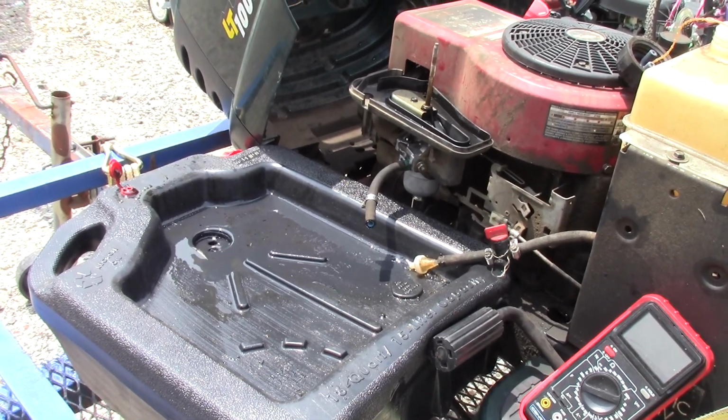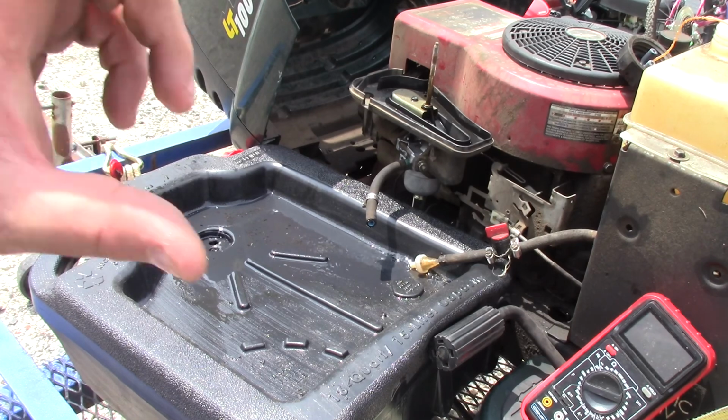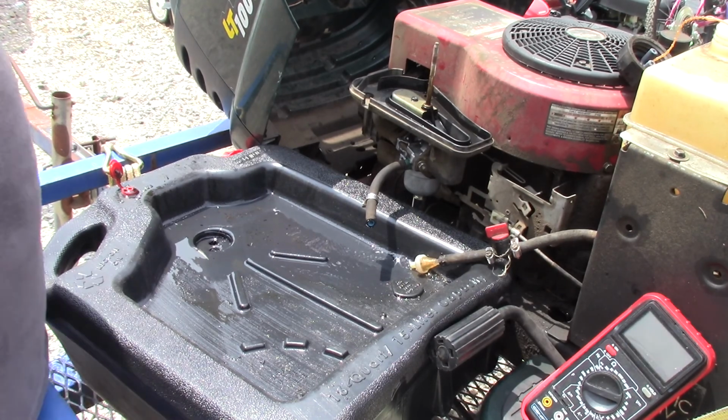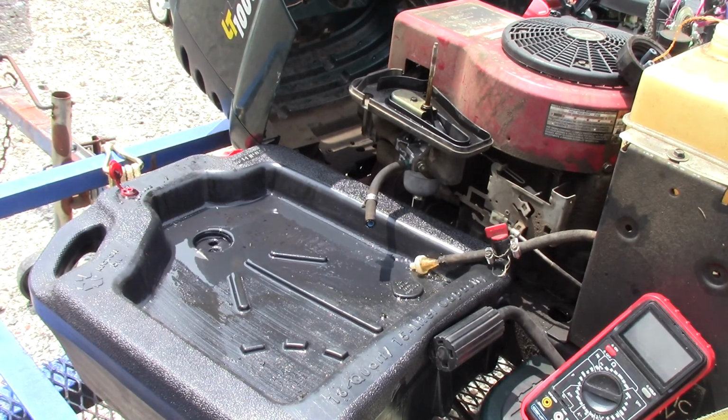Sadly, I have to admit that I was wrong. The plunger was working. I took it out, and when I cycled the key, it was moving up and down. I'll show you that later. But right now, the fuel that's in it doesn't have a very good smell to it. So what I'm doing, I'm draining the fuel out,